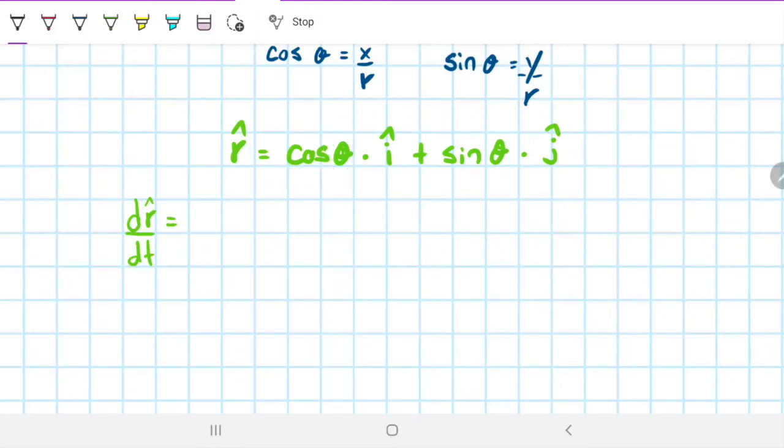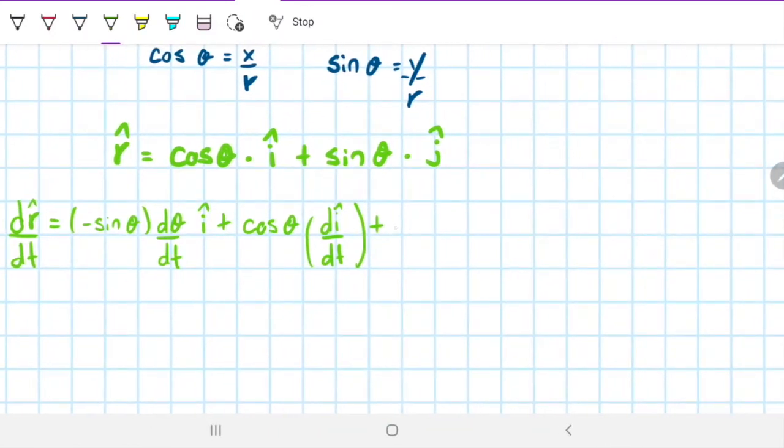The derivative of cosine is negative sine of theta times the derivative of theta with respect to time, times i hat, plus everything the same, cosine of theta times the derivative of i hat with time, plus the derivative of the sine, which is the cosine of theta times the derivative of theta because of the chain rule,